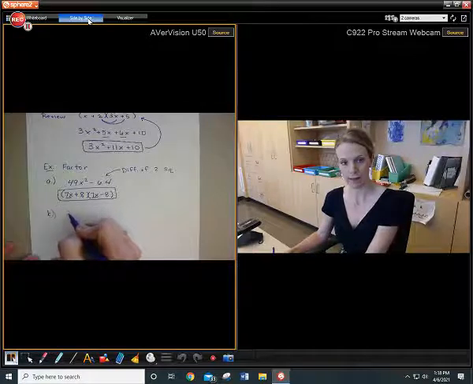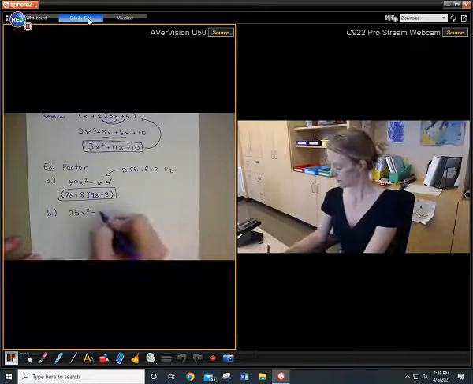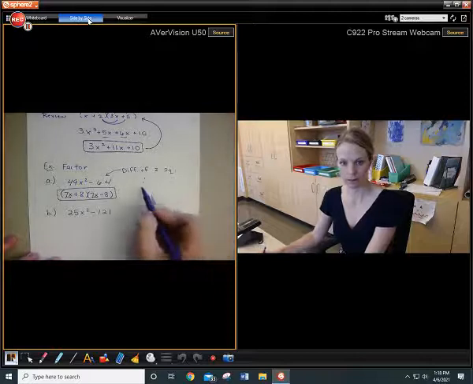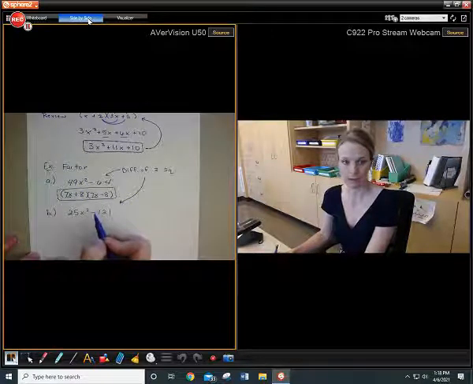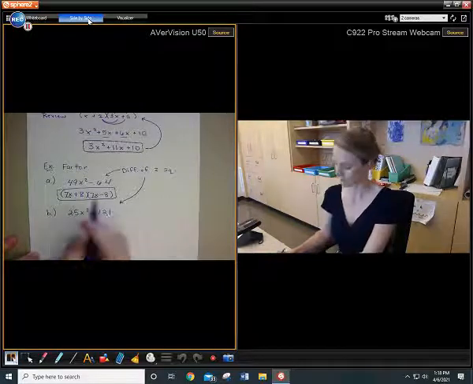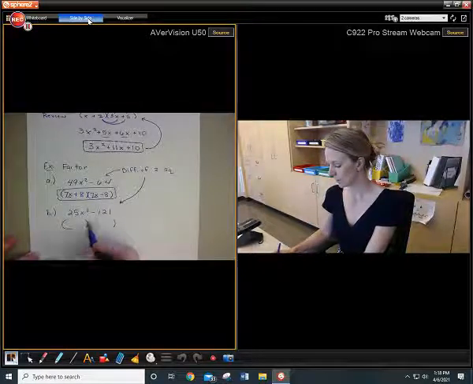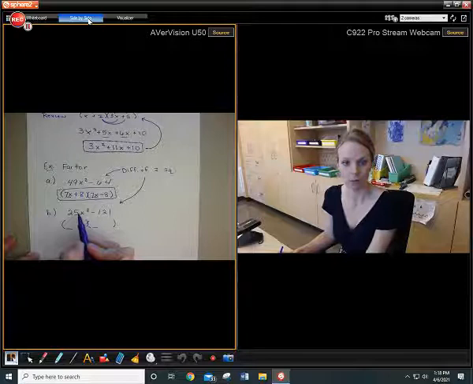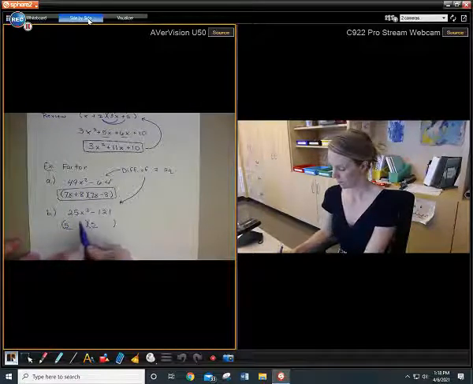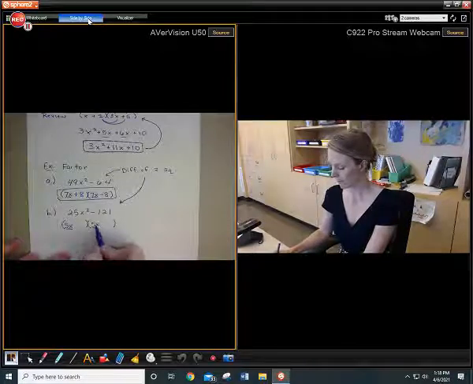All right, let's try another one. Let's say we had 25x squared minus, let's do 121. Okay, so again, I have given you the difference. They are subtracting. That's a perfect square number, and that's a perfect square number. So we can factor this really quickly. So you're trying to figure out what number did they square to get the 25. 5. Now this had an x on it, so these terms both have to have an x, because 5x times 5x would be